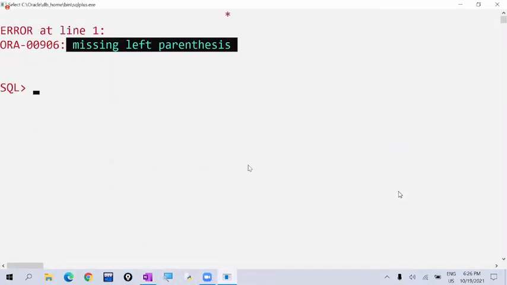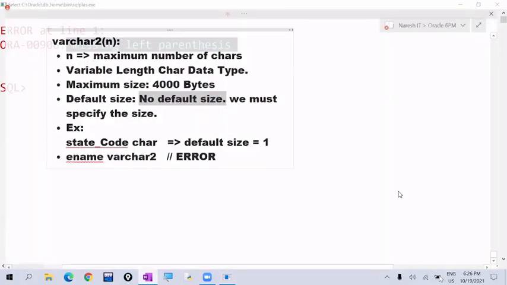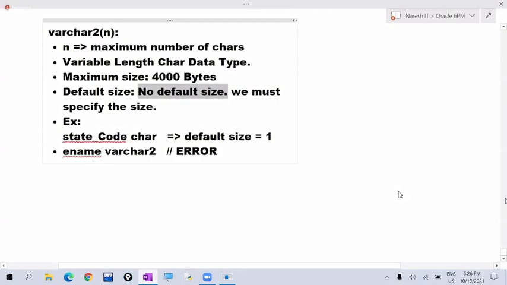In the previous session, we discussed that char is the fixed length data type and varchar 2 is the variable length data type. Practically, we discussed. Now sometimes the interviewer may ask like this. So this is about char and varchar 2.